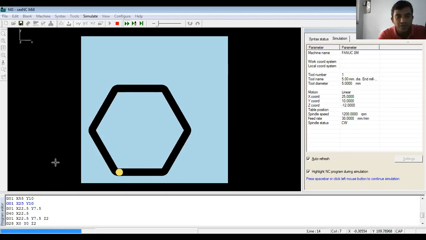Now I want to cancel the cutter radius compensation. Before cancelling cutter radius compensation, where should the cutter come to? To this end. Right. Now we'll remove the depth. Now it will cancel the cutter radius compensation. Now it will remove the depth. Now it will come back to where? Home position. Then send the tool to home position. It will stop the spindle, stop the program and rewind the program. This is how we can do it in the CNC mill software.